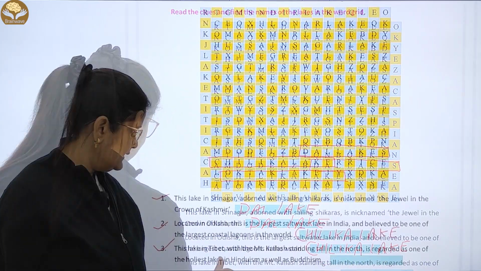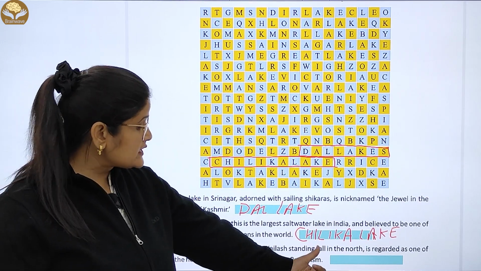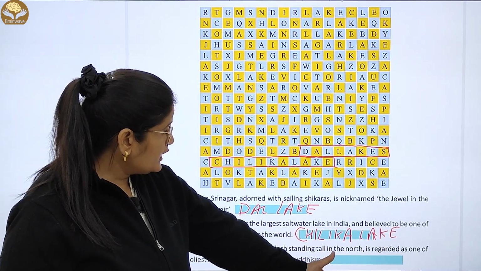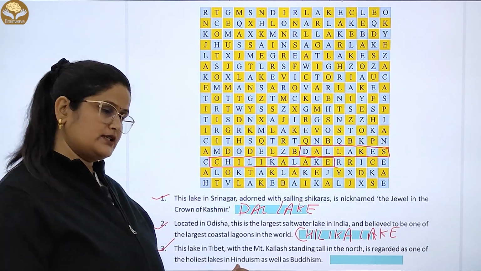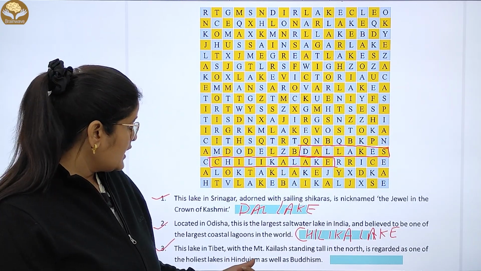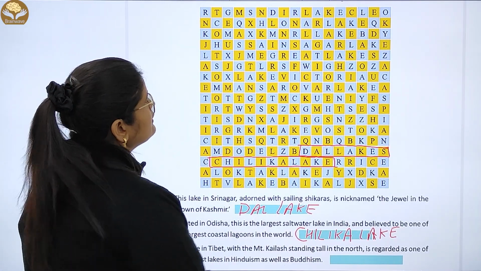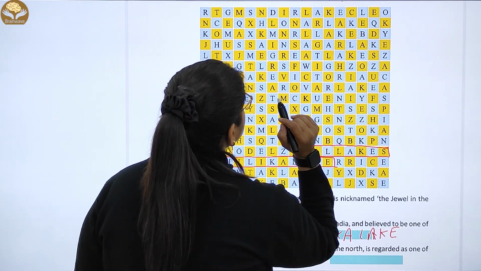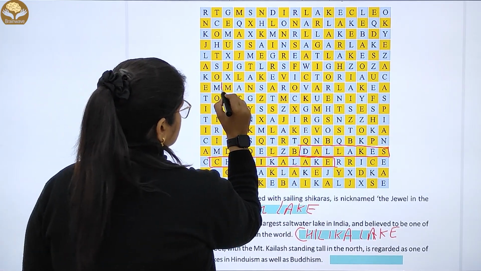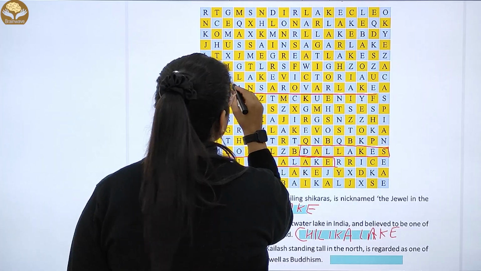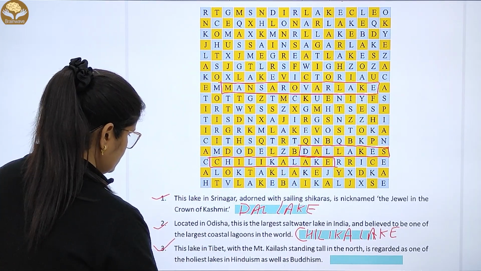Number 3, this lake in Tibet with the Mount Kailash standing tall in the north is regarded as one of the holiest lakes in Hinduism as well as Buddhism. This is Mansarovar Lake. Now, where is Mansarovar Lake? This is Mansarovar Lake. Okay. Number 4,